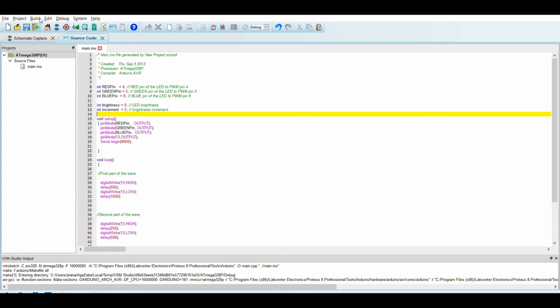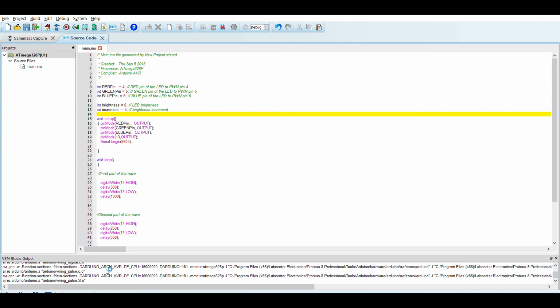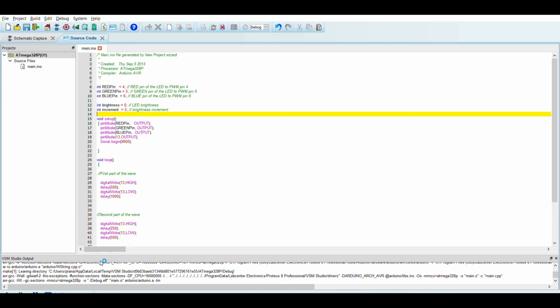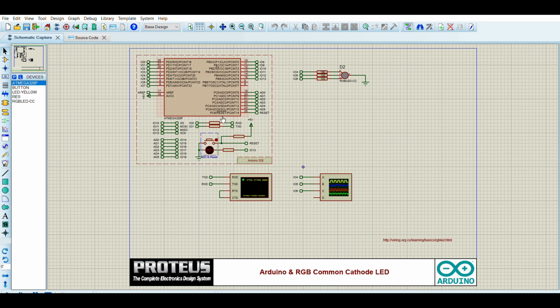and now my project is compiling. And yes, my project is compiled successfully. Now I will move on to schematic capture, and now I will connect the D pin of the oscillator to the IO13 pin, and now after that I am ready to run the simulation. So now I will go and run the simulation.